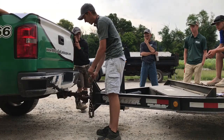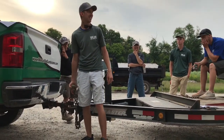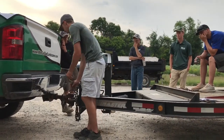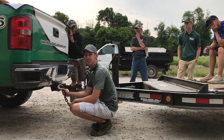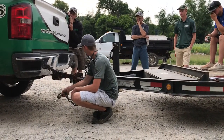These have a very, very specific purpose: whenever your trailer comes detached, it doesn't go across the lane and into somebody's house or into somebody's car as they're coming at you. There is a very specific way to put these on. You'll see the chains cross whenever I hook them up. And if you look in that picture, the reason for that